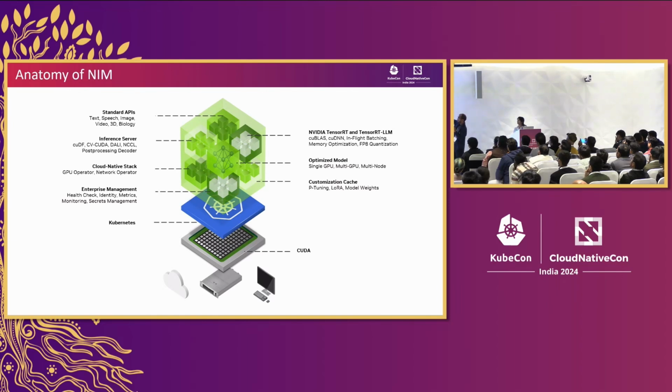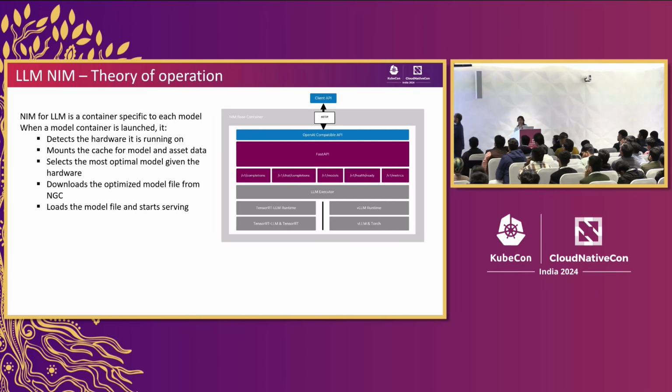It can be the standard APIs, which cater to text, speech, or vision, which we call OpenAPI. And on the left side, you have the secret sauce, which is about how you specify which model to use, because each model depends on, okay, this model is faster on this GPU. And for this model, I need this inferencing engine, maybe TensorRT or vLLM, so that for this hardware, it is faster. That complexity is all hidden and abstracted in NIMs, so that developers don't have to worry about, oh, I need to take this model and run it on this hardware, so what combination do I need. That is what is being avoided. That's why it is a prepackaged microservice.